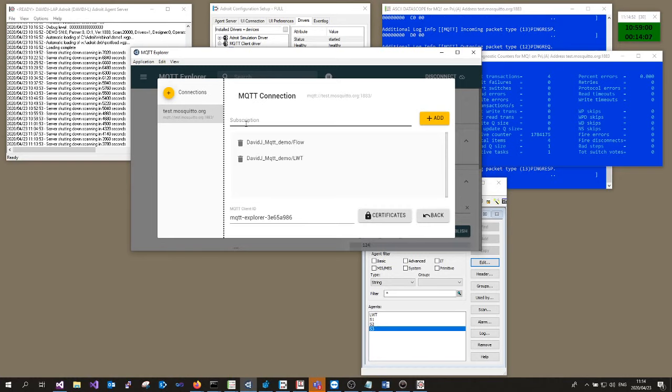Now that is a topic, David J _ MQTT _ demo /flow. And then you'll see another one at LWT. Now you can use wildcards as well. So if I said, okay, subscribe to hash, that will basically subscribe to the whole test.mosquitto.org server, so you'll get all the tags that are actually broadcast on that system.